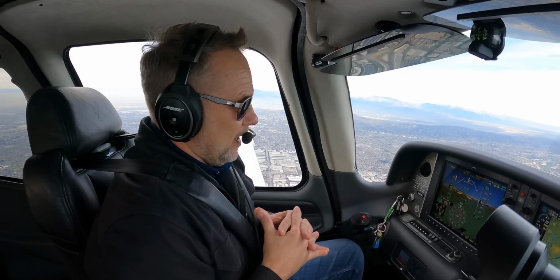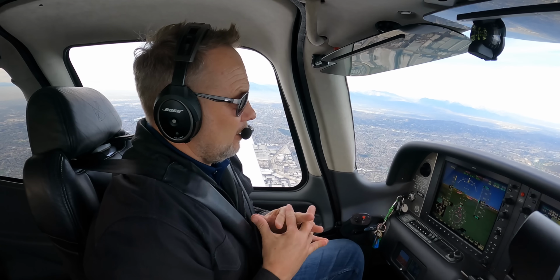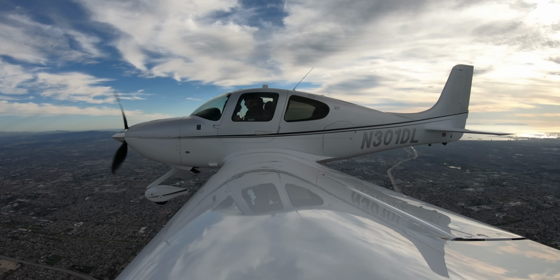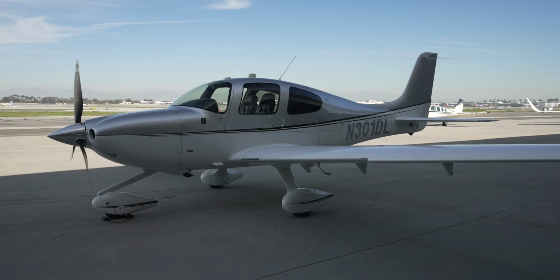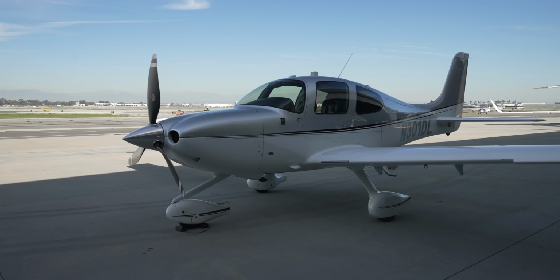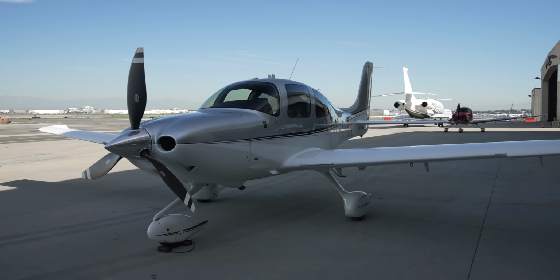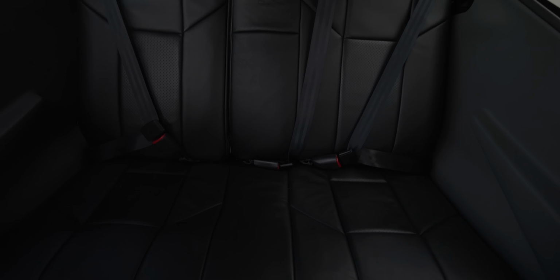We're on our way out to Corona from Long Beach. We're going to look at another airplane when we get out here, but we're listing this 2016 SR22T. This is the G5 version, higher gross weight. I'm not an expert on how the SR22s have evolved, but I do know this is the higher gross weight, I believe 3,600 pounds. It has the fifth, or extra, seatbelt in the back, and this is a Perspective